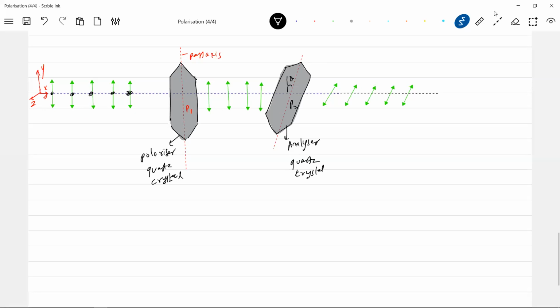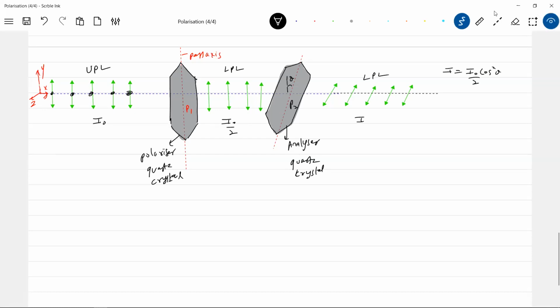Okay, now there's unpolarized light, then linearly polarized light. There's also linearly polarized light after this. The intensity here, let it be I naught. How much is the intensity here? I naught by 2. What about the intensity of this? I is equal to I naught by 2